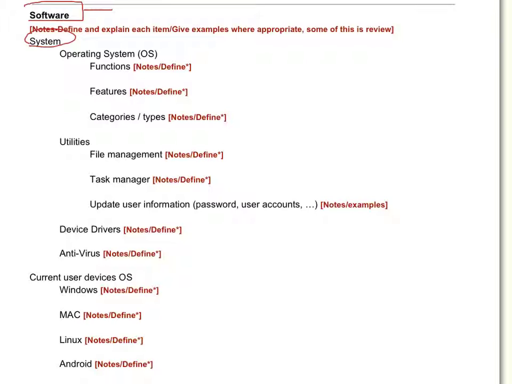I'm going to go over a few general items concerning system software, and there's plenty of information via a number of different websites concerning this. So let's start off. There's three or four different things we're going to talk about. We're going to talk about the operating system, a little bit about utilities we can use, device drivers. There are software that allows multiple items to be used with a computer. And then we'll briefly mention antivirus software